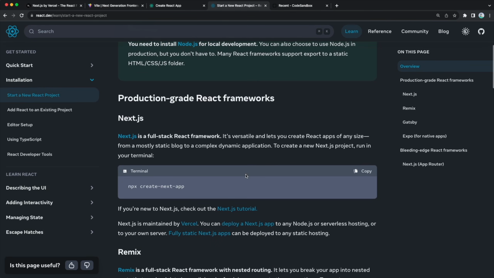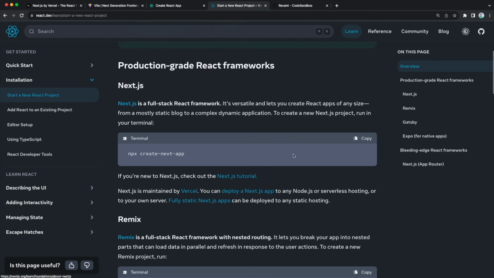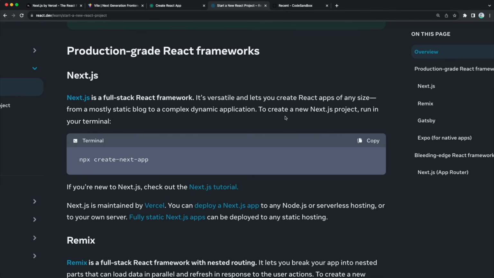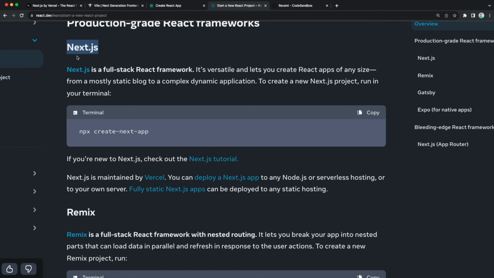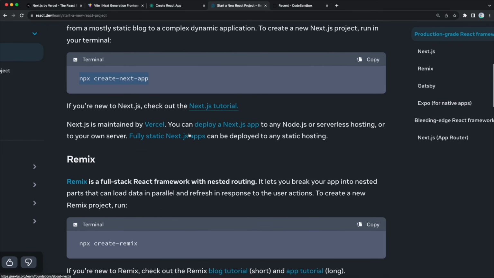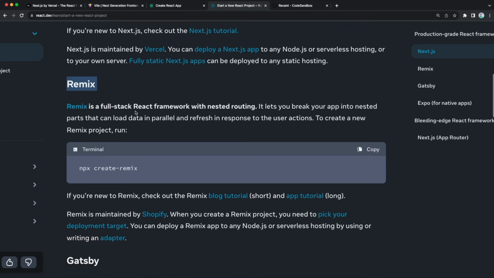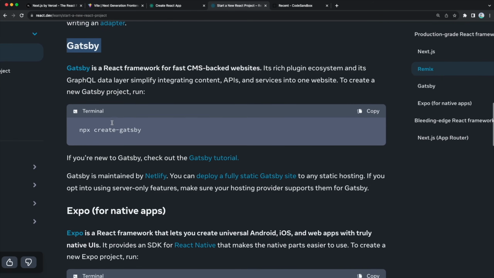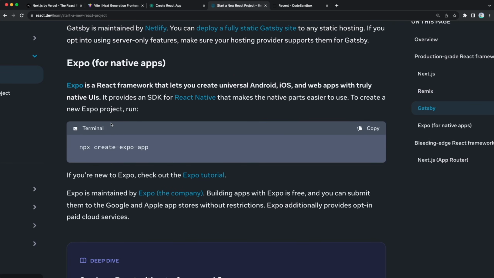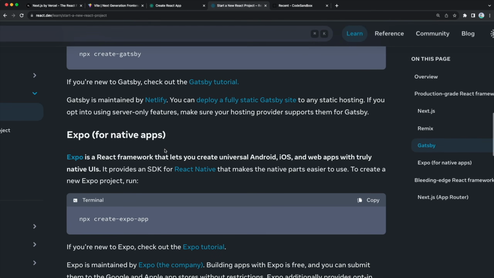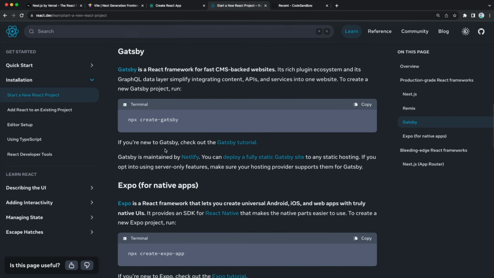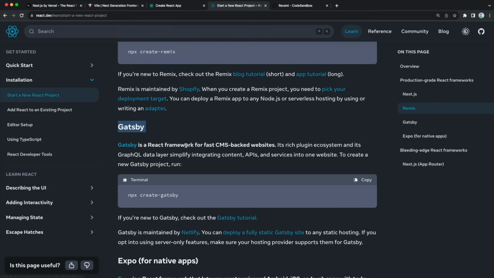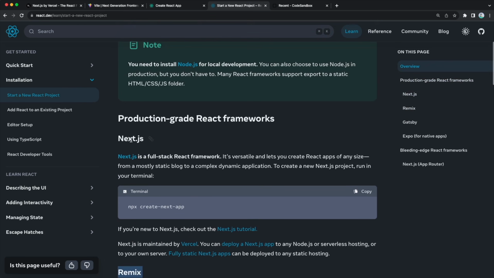They are also showing us that we can create React applications using frameworks like Next.js. Then, in order to create a new Next.js project, we need to run this in the terminal, and that's it. We can also use other frameworks like Remix or Gatsby, as you can see here. And if you want to create React Native applications, we can use Expo, for example. All right, so these are some ways to create React applications, but in this case, all these alternatives are using